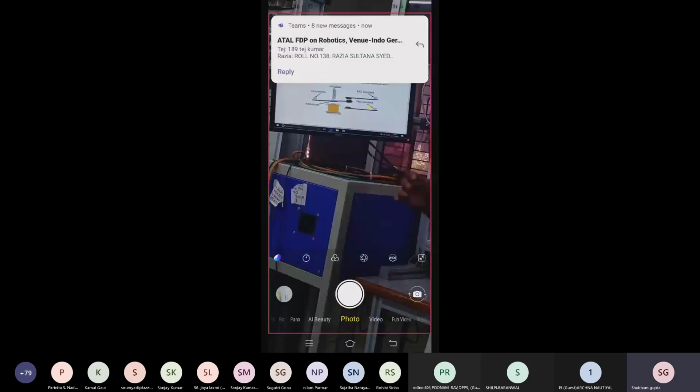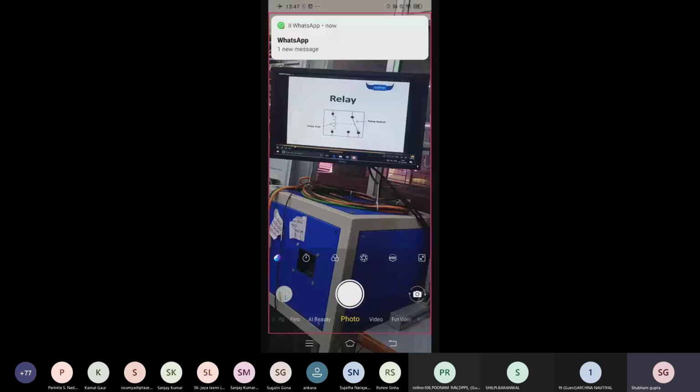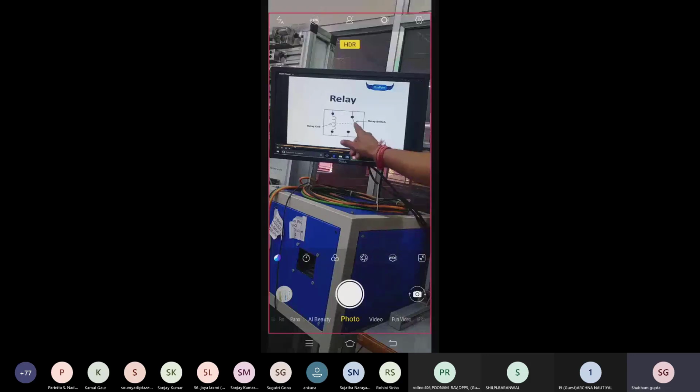Relay. A relay is an electromechanically operated switch. It consists of a set of input terminals for single or multiple control. It has five contacts: two for the coil energized, one for the common contact, and one NC and one NO. And how does it work? I will play you one video. That is a relay. It has one relay coil and one movable contact, and one NO switch and one NC.